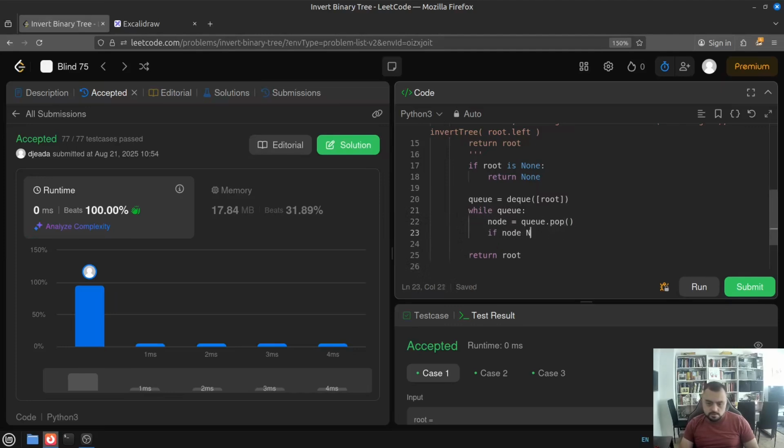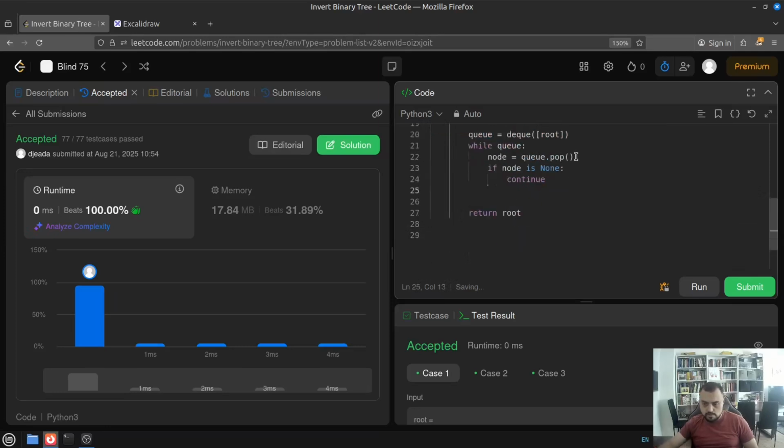If node is none, then we continue. We can't do anything here, otherwise we swap. So node left and node right equals node right, node left, like this. And we append